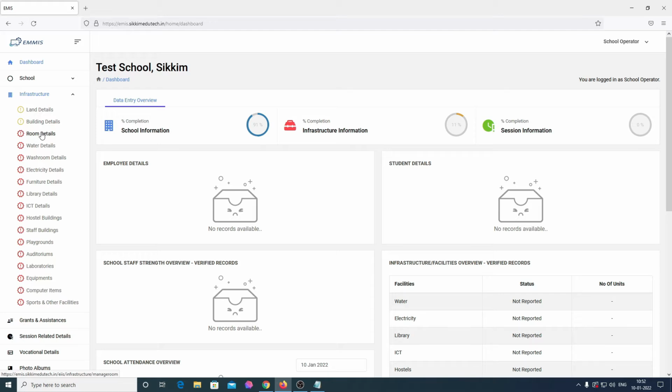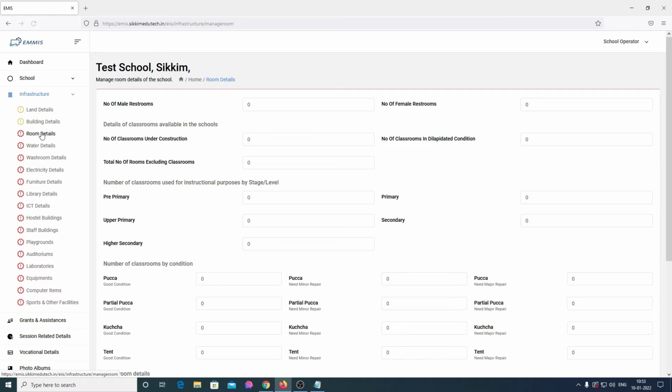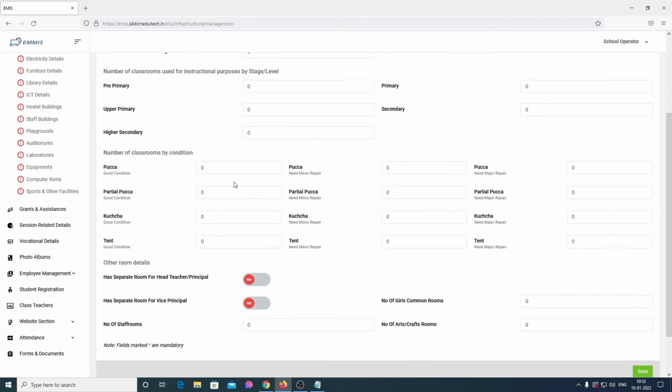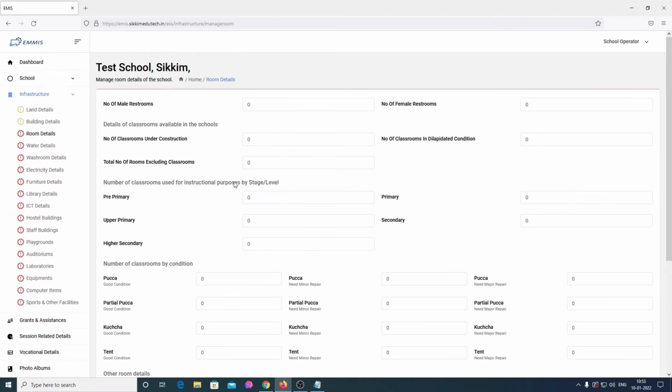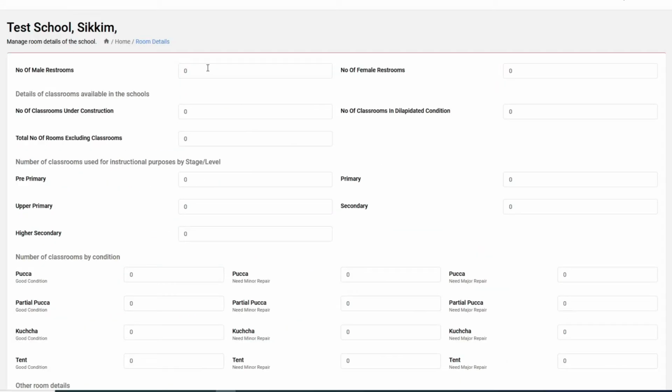In order to configure room details, click on it and a page shall open wherein you will be able to enter all the details in the format. We have the number of male restrooms, so you can enter the number of male restrooms, female restroom details, classrooms available in school, number of classrooms under construction, 0, number of classrooms in dilapidated condition, 0, total number of rooms excluding classrooms, wherein the room is excluded from the classroom, 6,